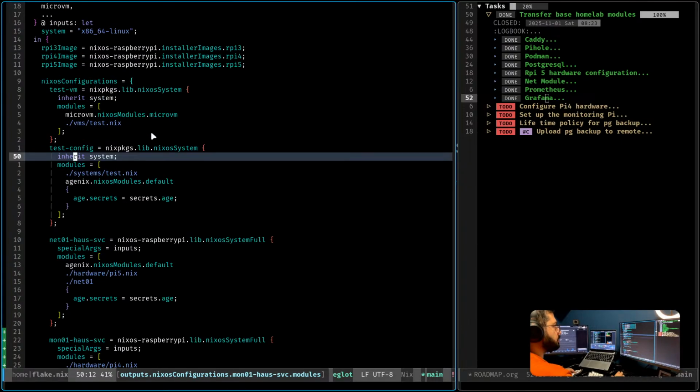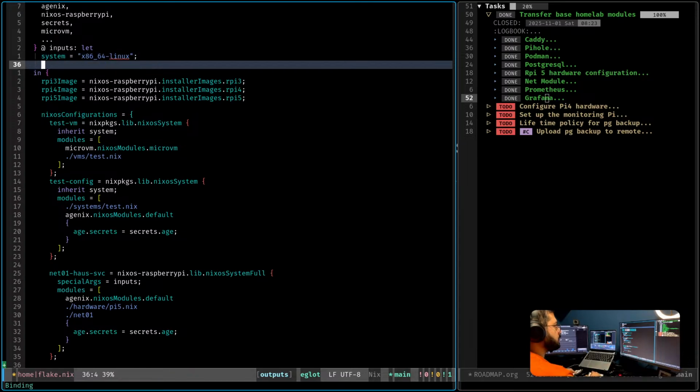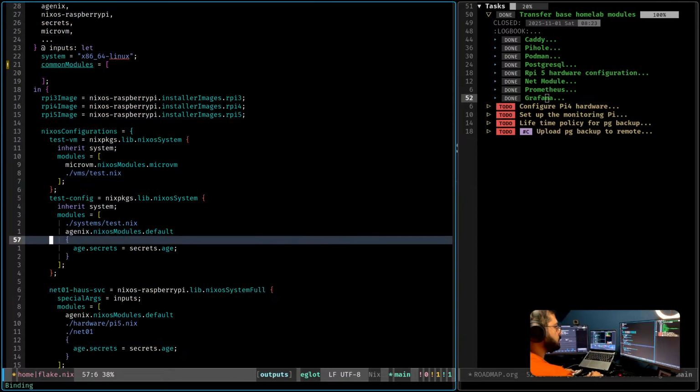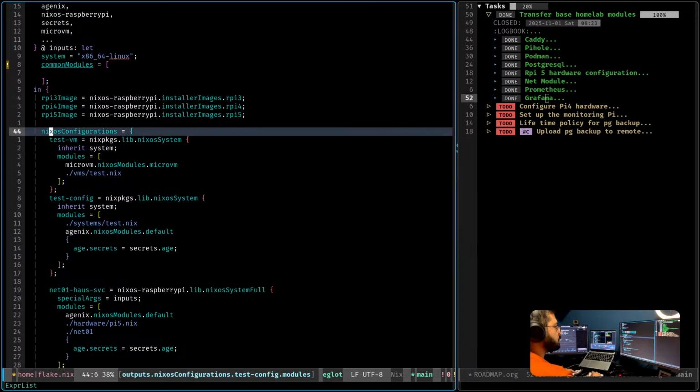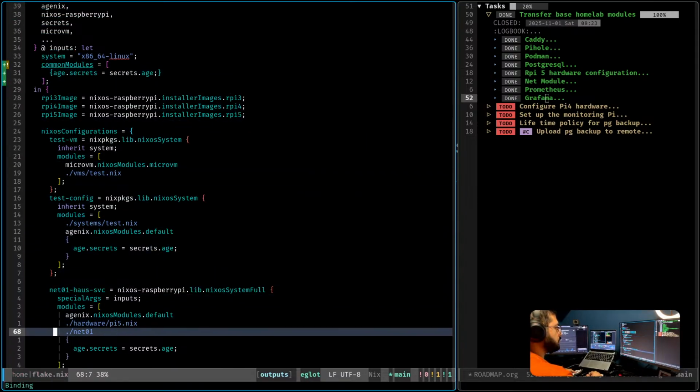Maybe since I'm repeating this down here, I can do common modules and then put it here.